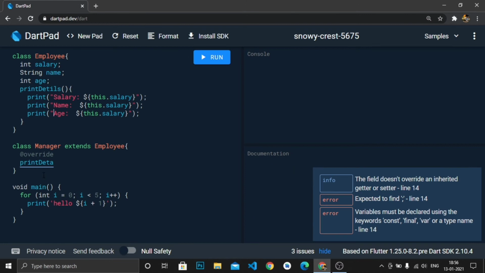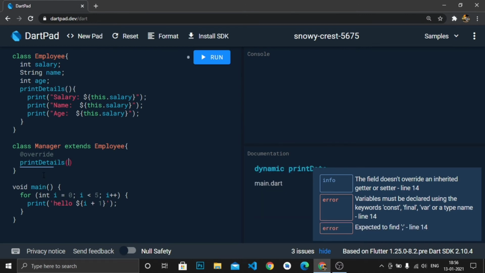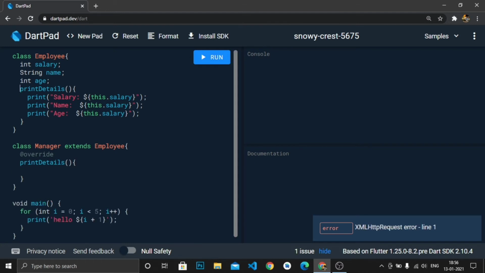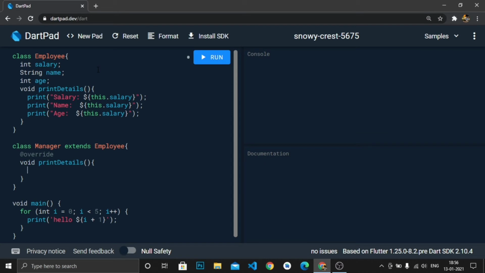Okay, the spelling is wrong for details here. printDetails, and let me define the data type here, void. Even here void for simplicity.